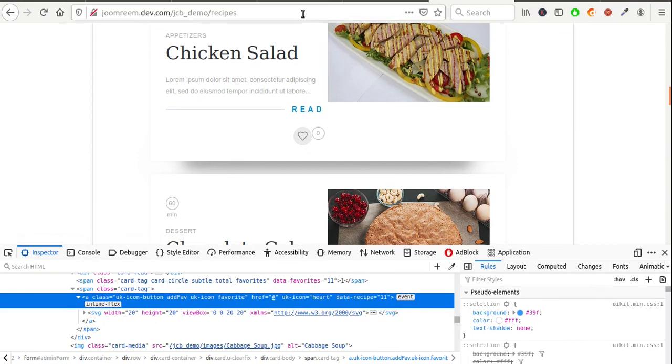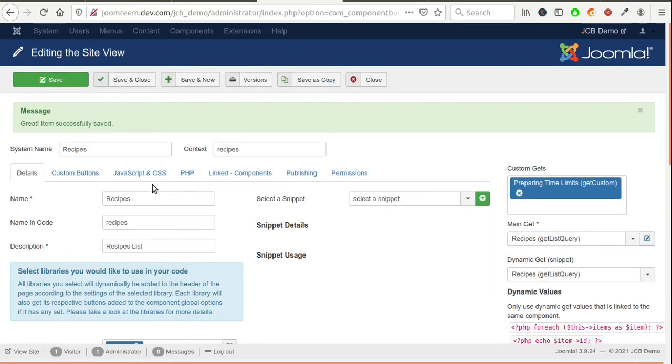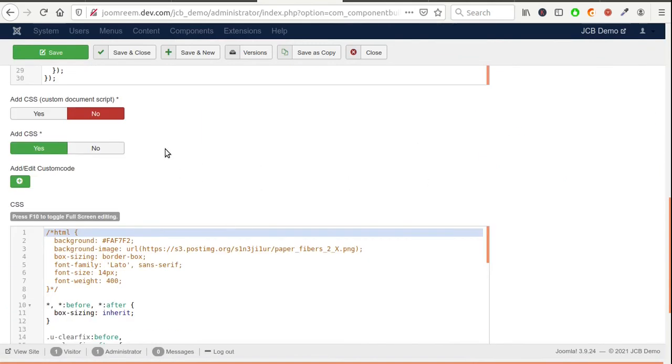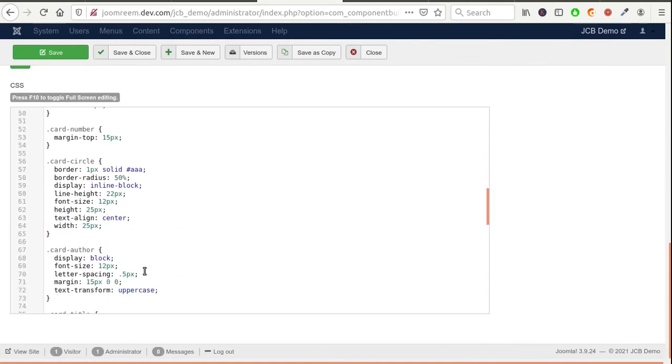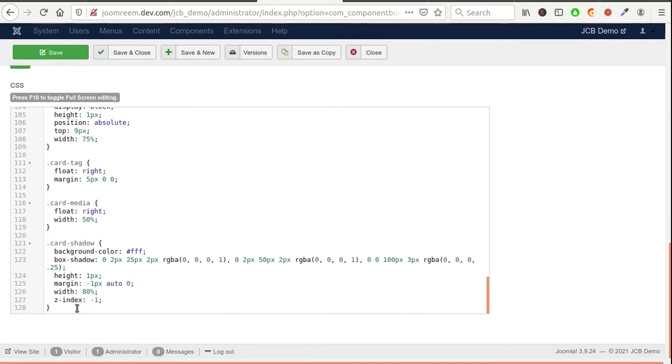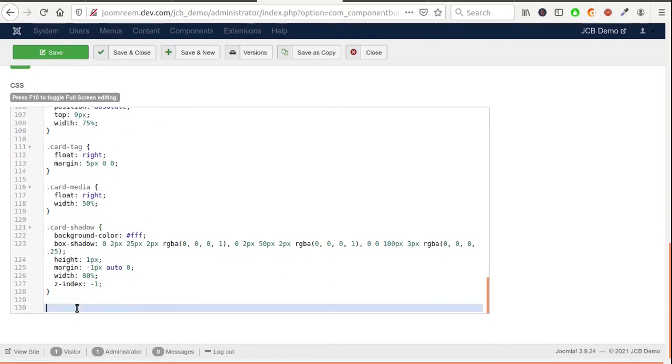Edit the recipes side view. Go to the JavaScript and CSS tab. Add this rule in the CSS section.